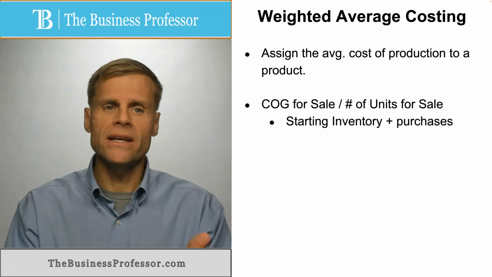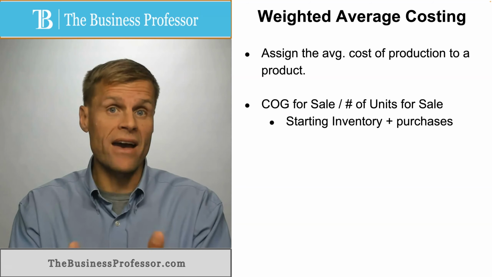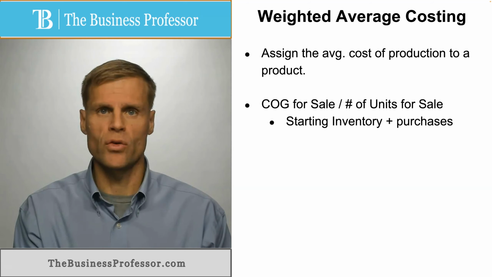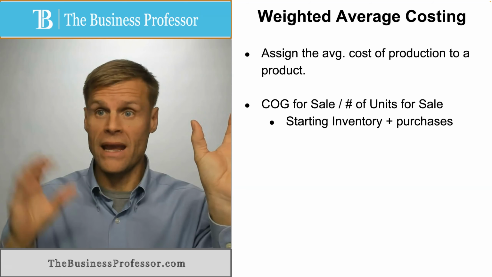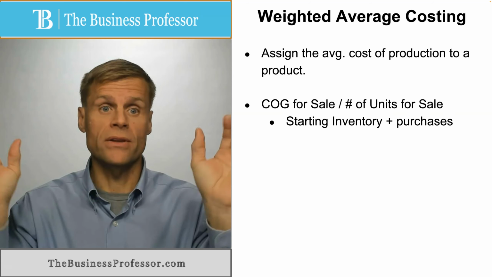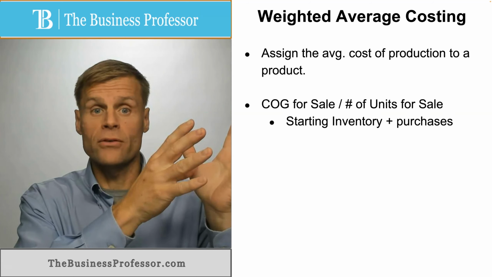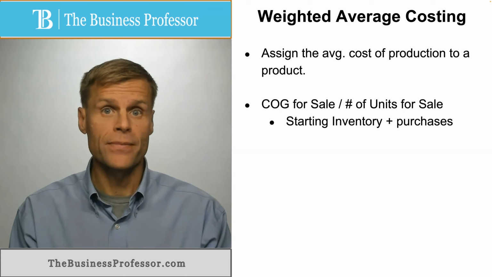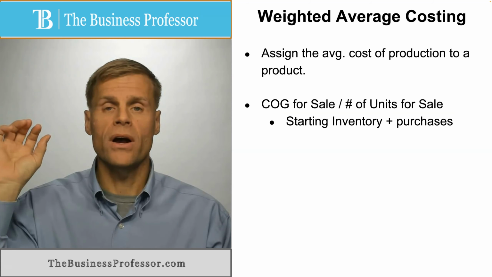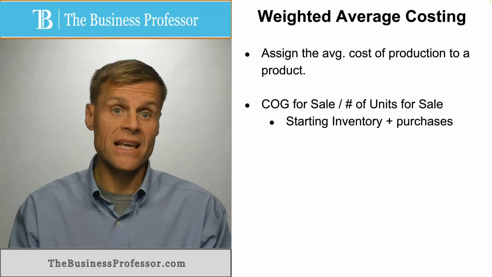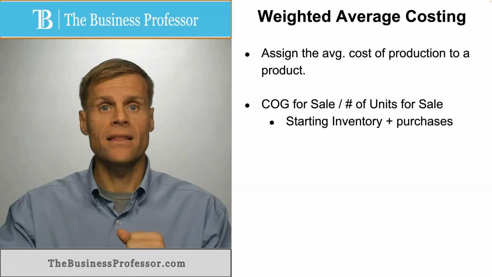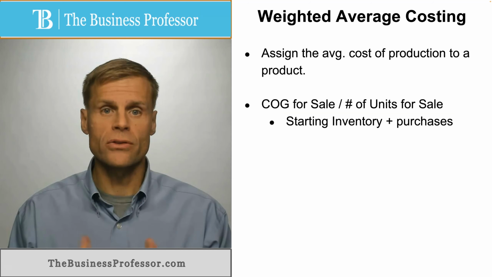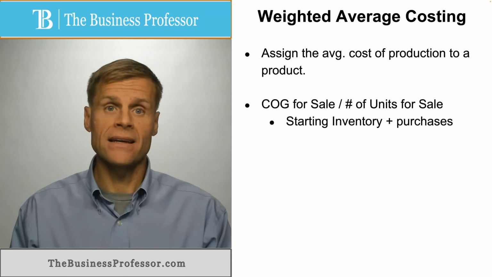the way you calculate your cost of goods that you have for sale, you just take your starting inventory, the dollar value on one hand, and then the number of units on the other. For the dollar value, you add the dollar value of any purchases during the period, okay? And then for number of units for sale, you add the number of units you've purchased throughout, okay? And then you would take